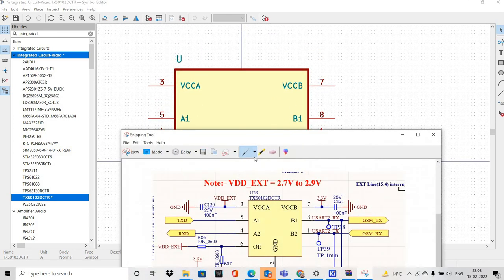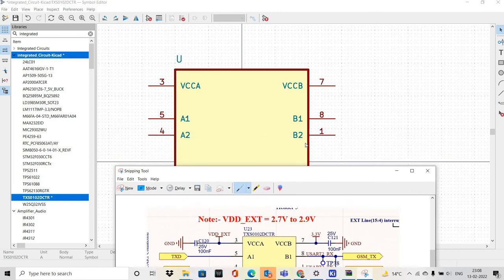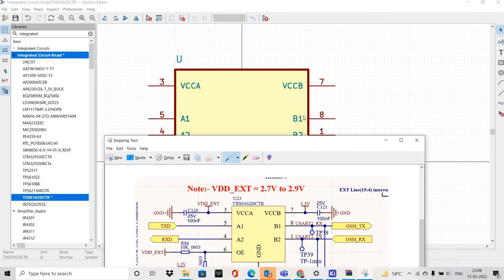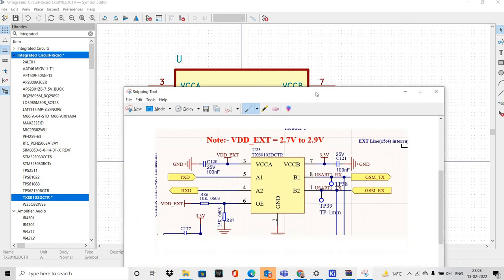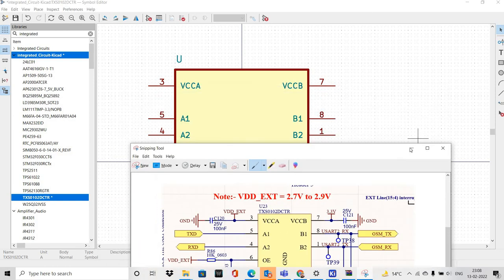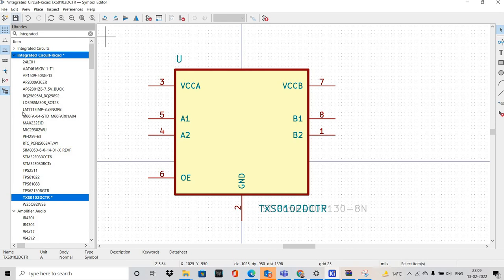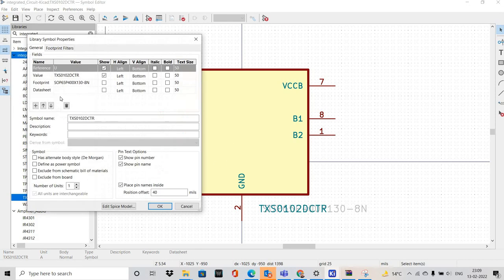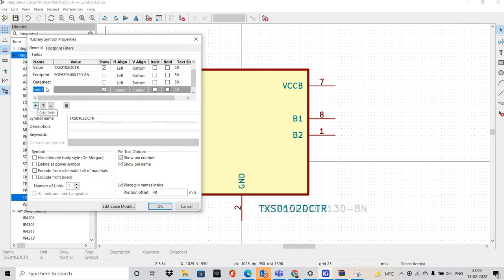So 3, 7, 5, 4, okay, A1, A2 and B1, B2, 8, 1, and 2 is our ground and 6 is our enable. Okay, so we'll save it and we'll go to symbol properties again, and then